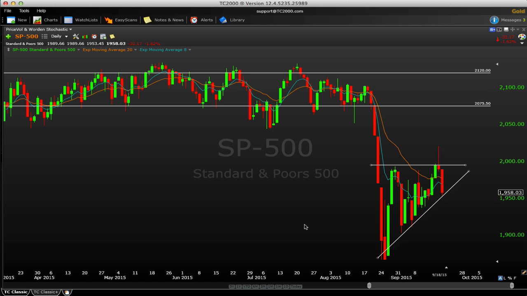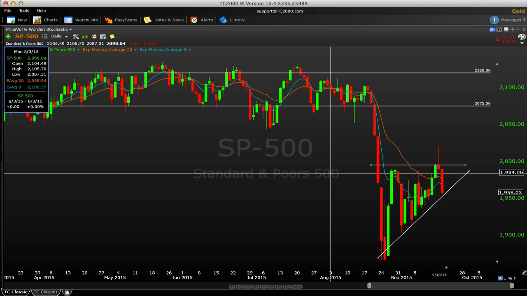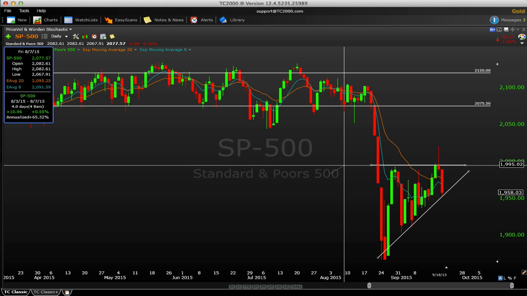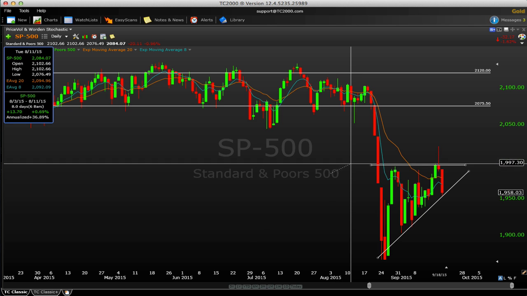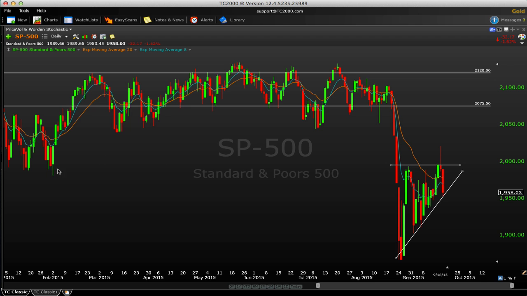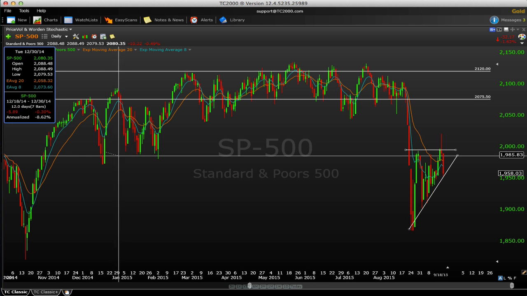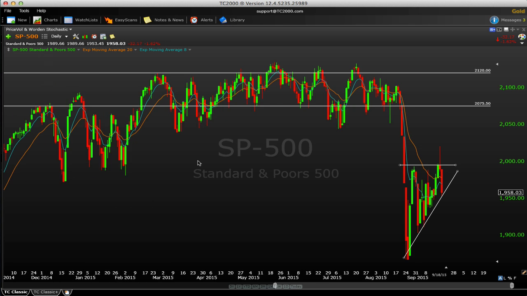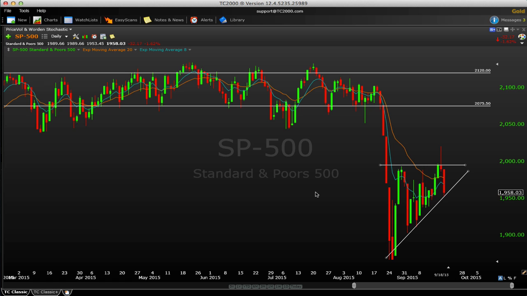So let's actually stick with the SPX, the cash market here, because it does more cleanly show what's been going on here. We did have the catalyst of the Fed out on Thursday, but this was Thursday's bar here, and you can see how much we did initially start to climb above this 1995, 2000 level right here. This is a big level, and it goes back all the way to here earlier this year where it held as support. So this was definitely a very big level of interest.